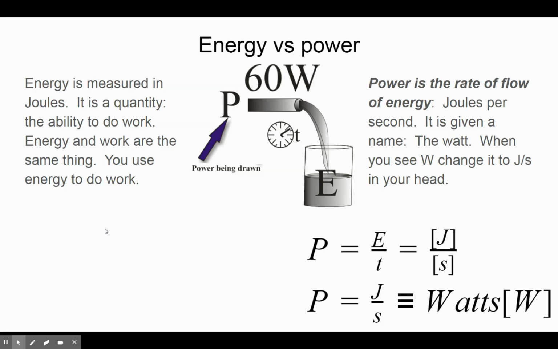To avoid misunderstanding, whenever you see the watt, immediately write joules per second in its place, or do it in your head, or you will confuse it with a total. I guarantee you, unless your parents are engineers or teachers, I wouldn't guarantee it if they're teachers, they will think a watt is a total. It is very misunderstood.